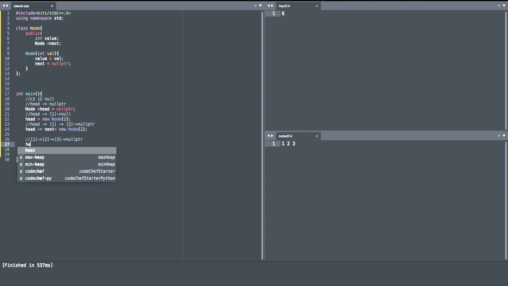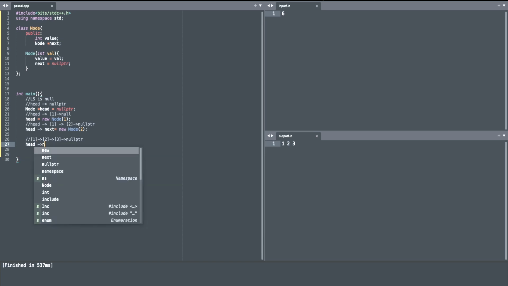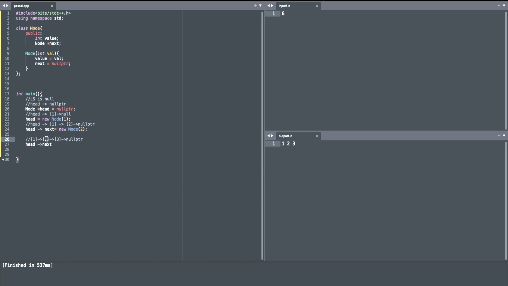So this is the head and its next is this one. So head next, this pointer, now this head next means 2's next is pointing to the newly created node. So head next is going to be